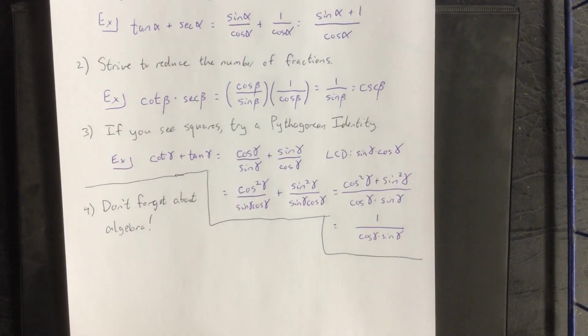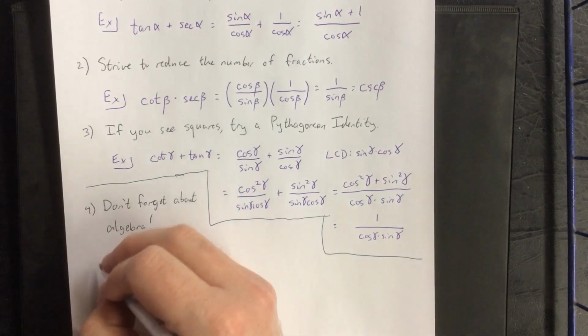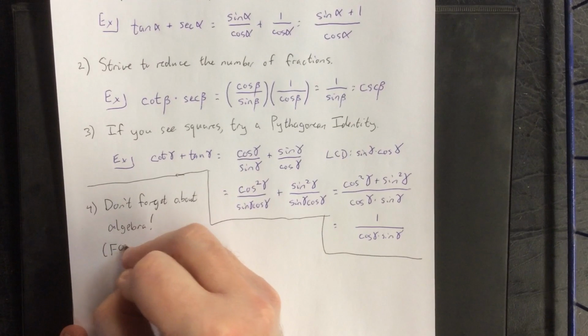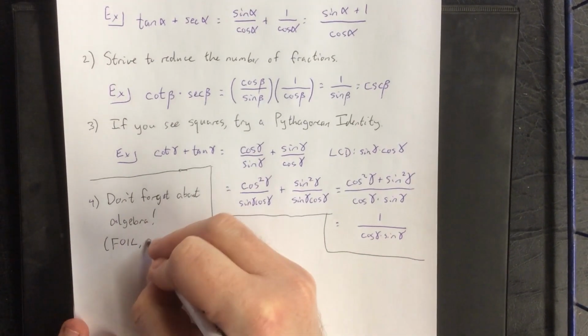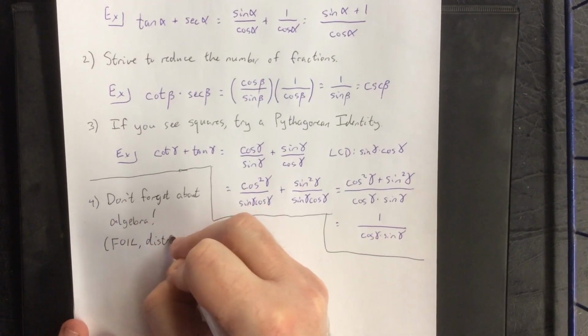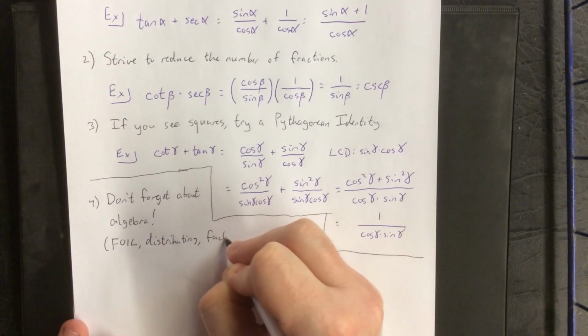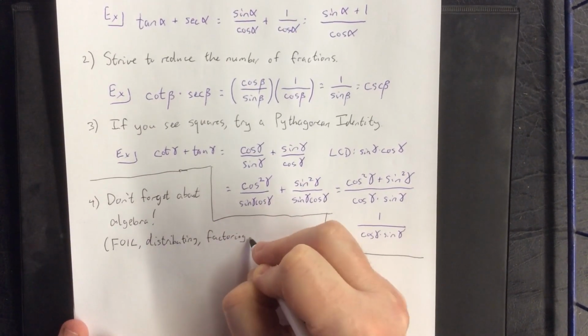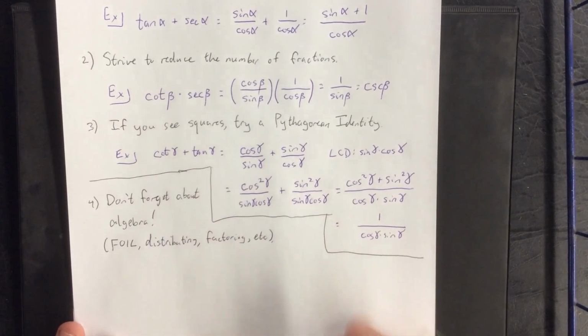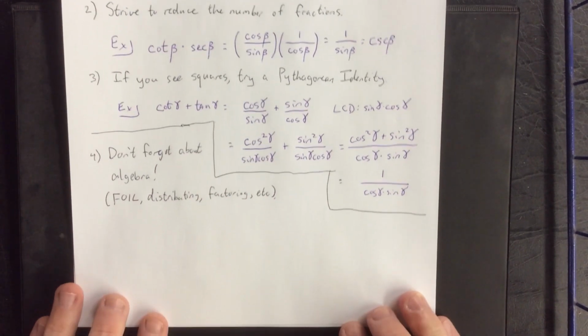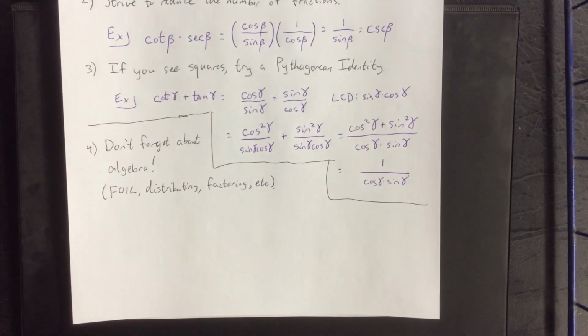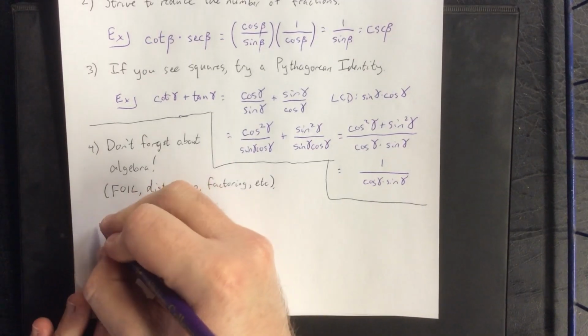By this point, you've had elementary algebra, intermediate algebra, as well as college algebra, which means that you should be comfortable with certain algebraic techniques like foiling, distributing, factoring, things of that nature. As an example of something algebraic,